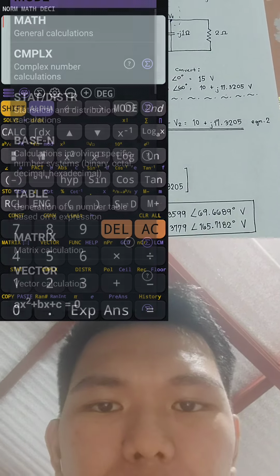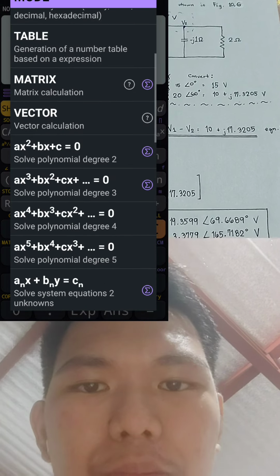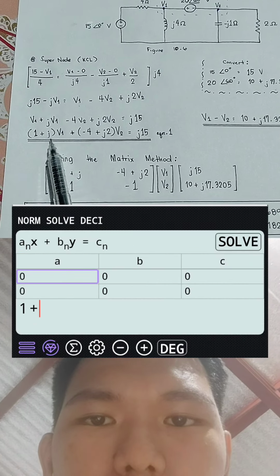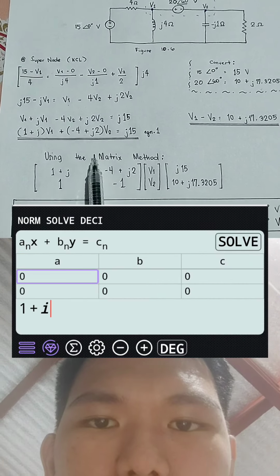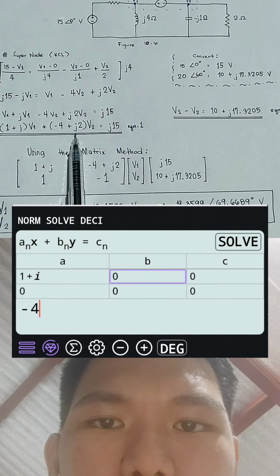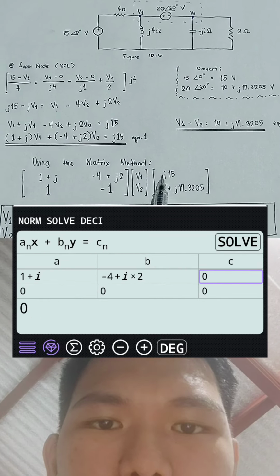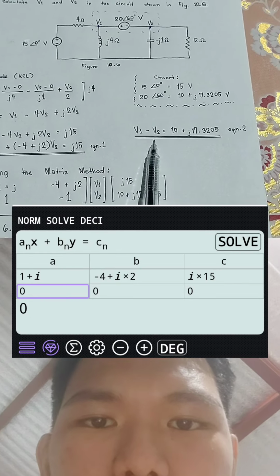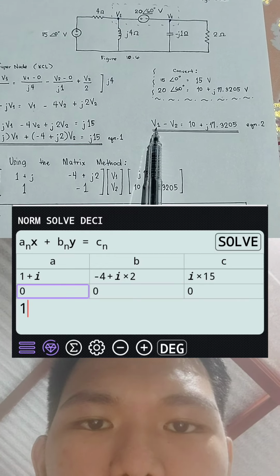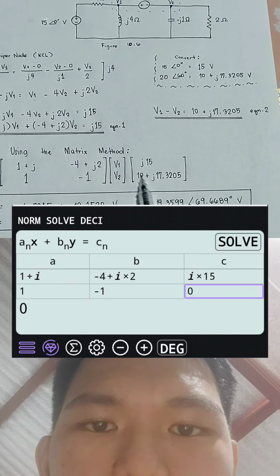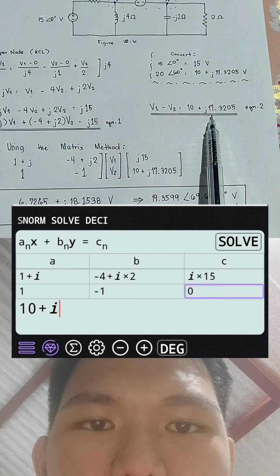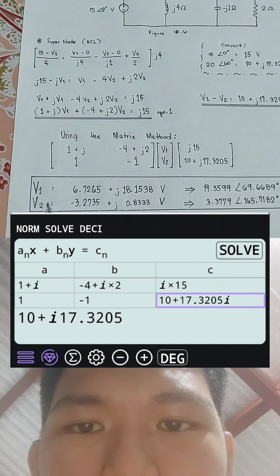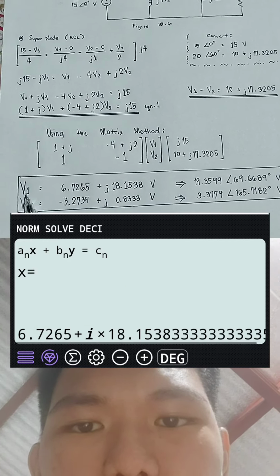Now, using the matrix method in our calculator, we will get the coefficient of each variable: 1 plus j, negative 4 plus j2 for our V1, and j15. For our V2: 1, negative 1, and 10 plus j17.3205. We will get for our x variable, which is V1,